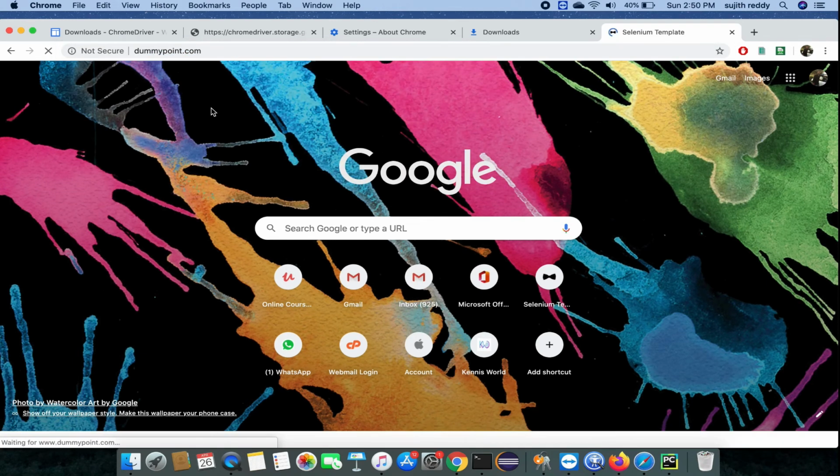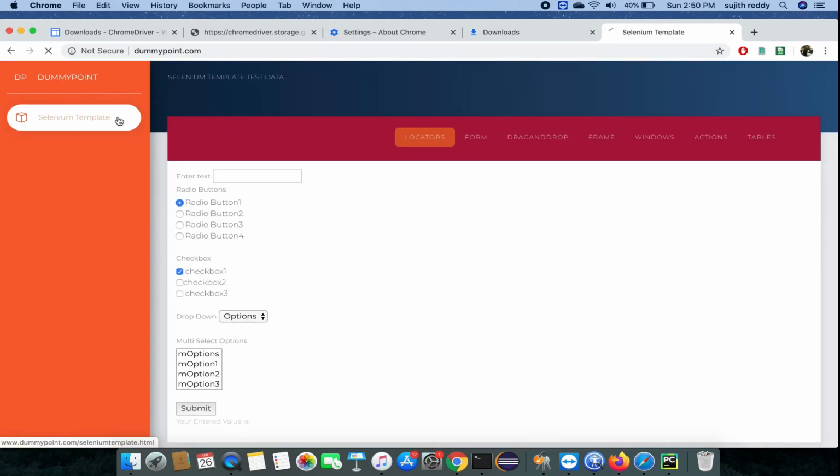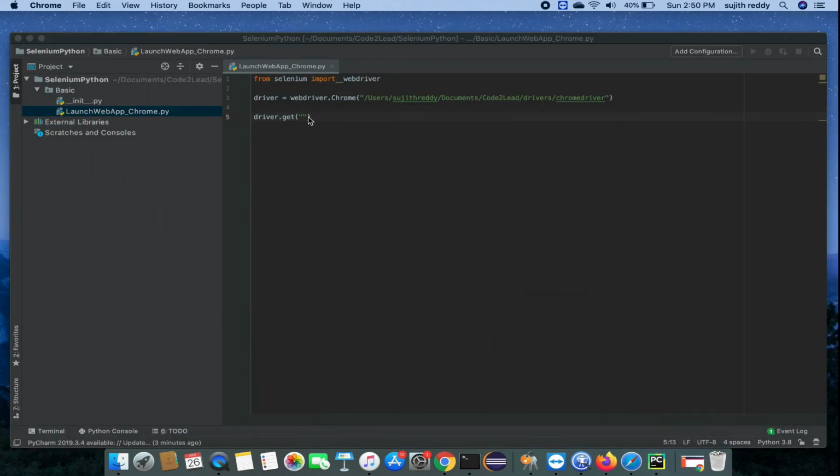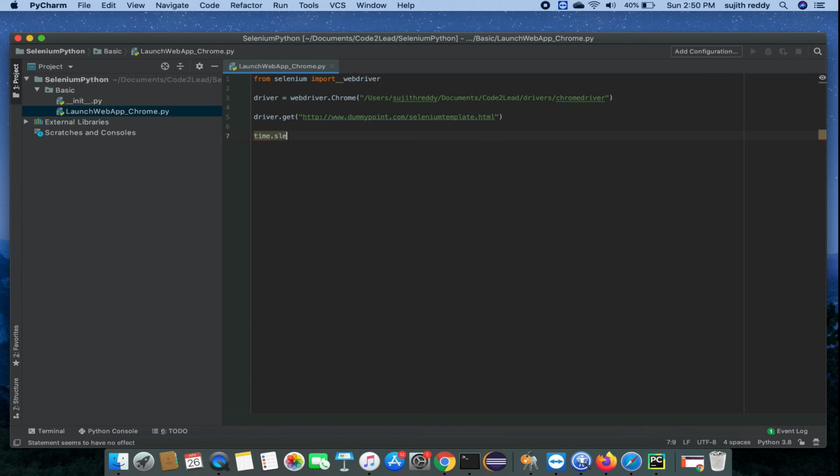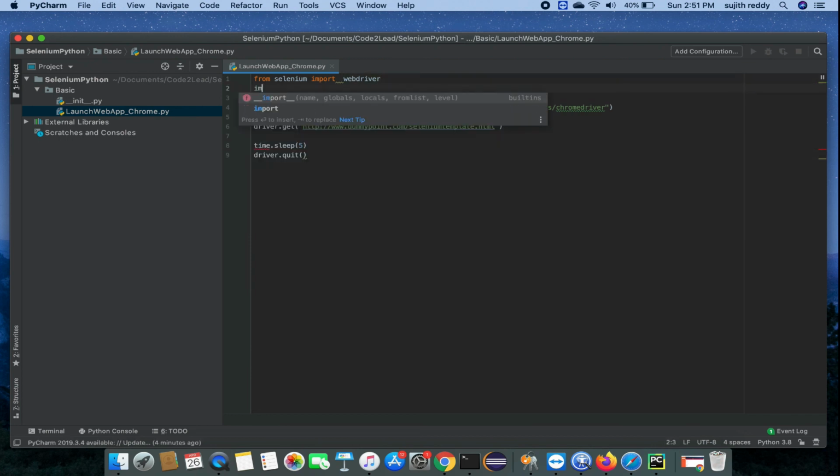I'm going to launch this URL, so copy that URL and paste it here. Then I'm giving a wait of 5 seconds, and after 5 seconds it will close the driver object. We need to use driver dot quit, and we need to import the time module as well.